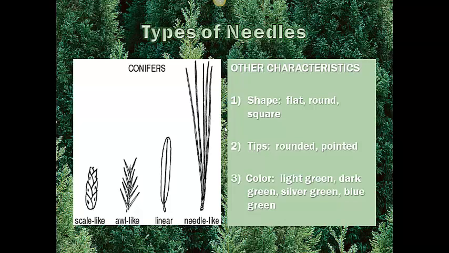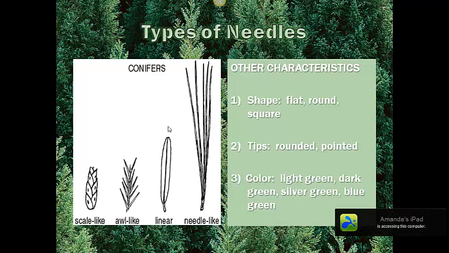All right, so the most common way to identify conifers is by their actual needle type. The first thing that you can do for identifying needles is look at the initial appearance of the needle. So we've got here a whole set of different structures that I would like you to draw diagrams of. We've got scale-like needles, which are flat and overlap each other. So if I were going to draw this,